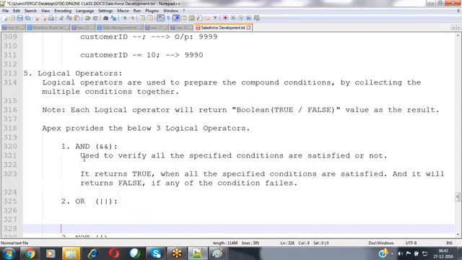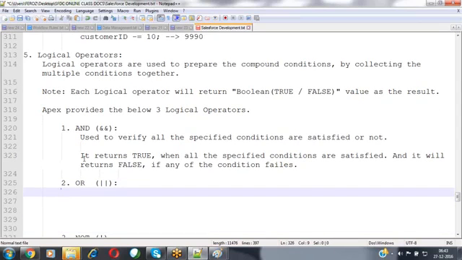Now, the OR operator. When coming to the OR operator, it is going to return true if multiple conditions are available and any one of the conditions has been satisfied, it will return the true value to you. No need to satisfy all the conditions. If any of the conditions has been satisfied, then we can return the value true.